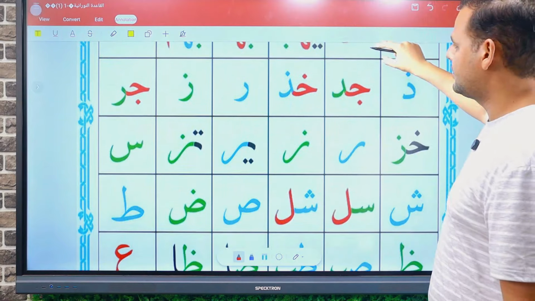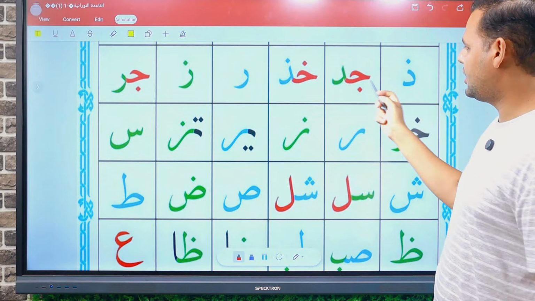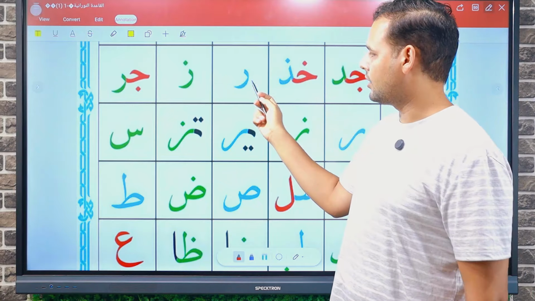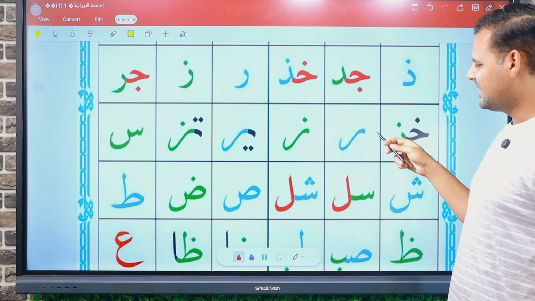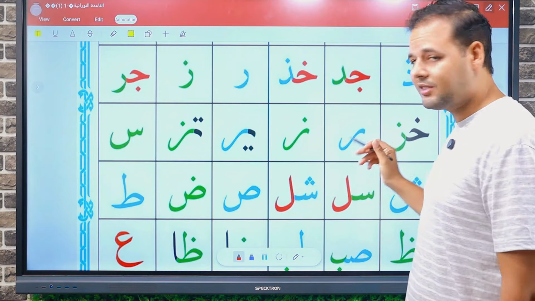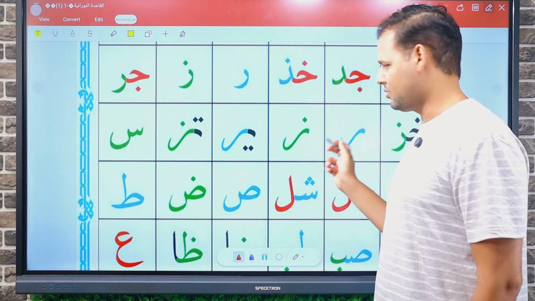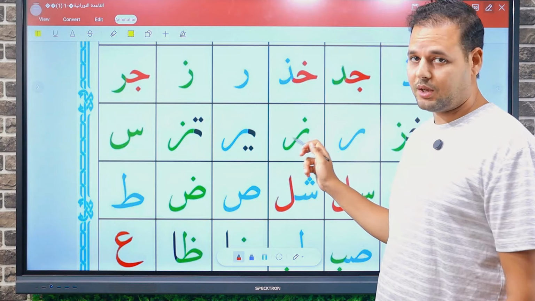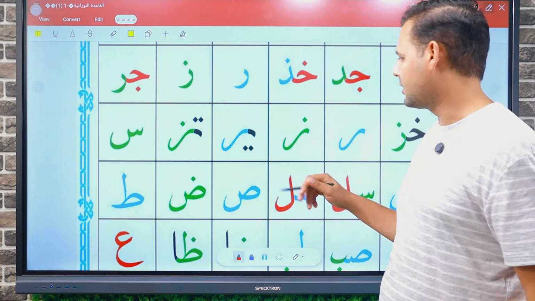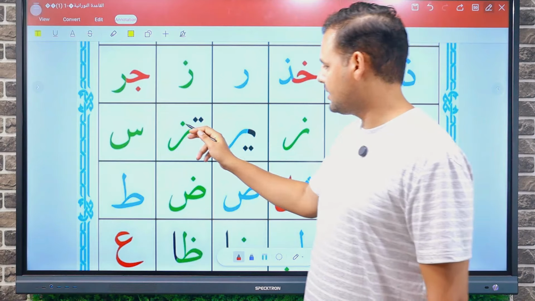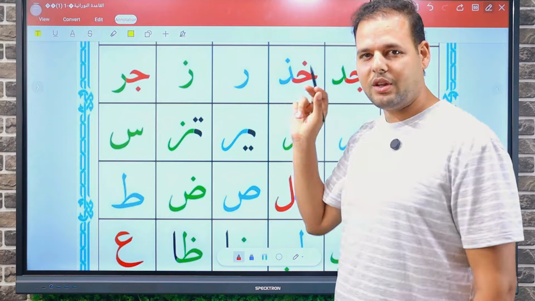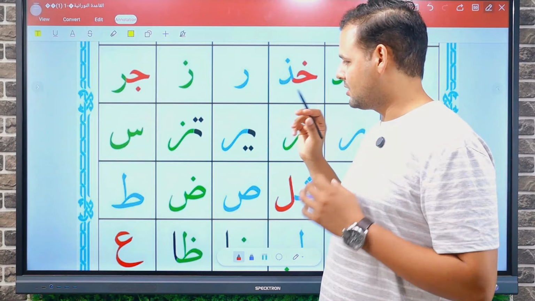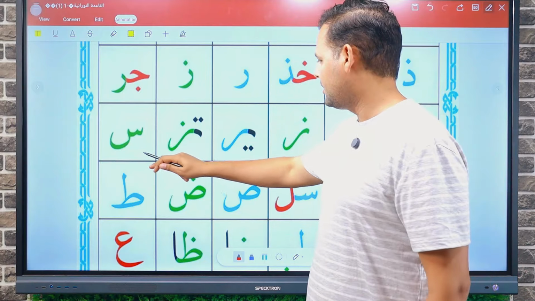The, jada, khada, ra, za, jara, khaza. That's ra. I know it's weird. It doesn't come a lot, but it's just a shape. So raza, they come sometimes like that, very rarely. Yara, ta, za. I know 2 dots down, 2 dots up. Just the small line, but as I told you, it's the dots. Taza. Then we have sa,